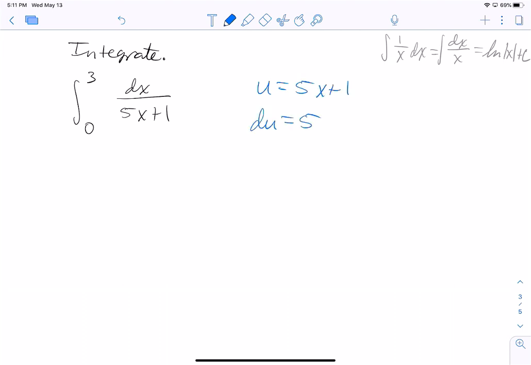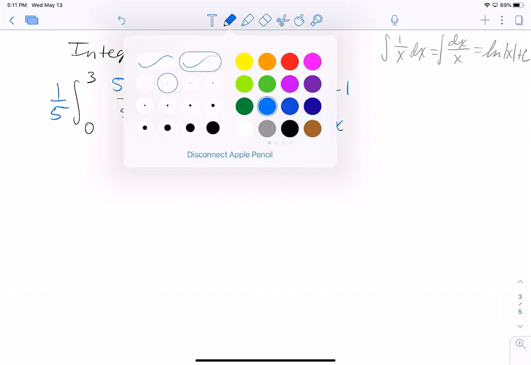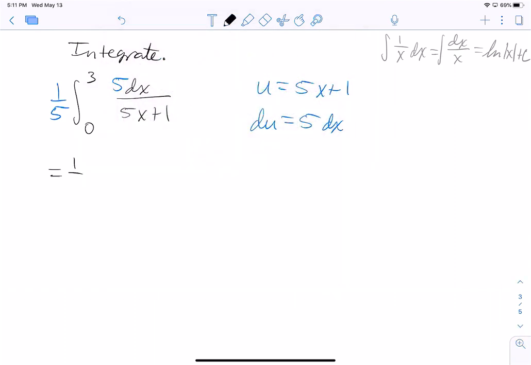du is then 5 dx. So I'm going to multiply and divide by 5 so that in the numerator we have the du. Here I've written it as dx over x. We can really think of it as du over u. So this integral will become 1/5 times the natural log of 5x plus 1, and that's going to be evaluated